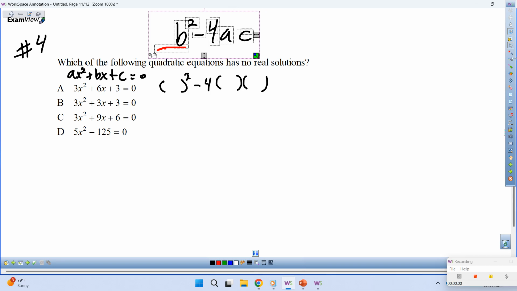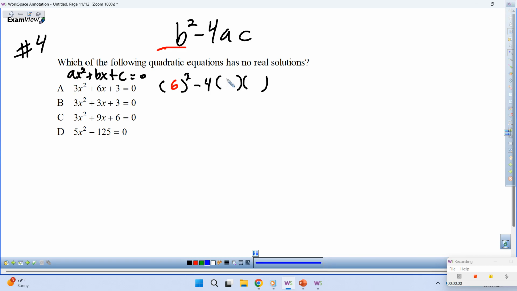Okay, what is b? B is 6. What is a? A is 3. And what is C? C is 3. Alright, so right now we're working on this one. So this is 36 minus 4 times 3, 12 times 3, that's 36. So this is 0. According to that table that we did, remember,